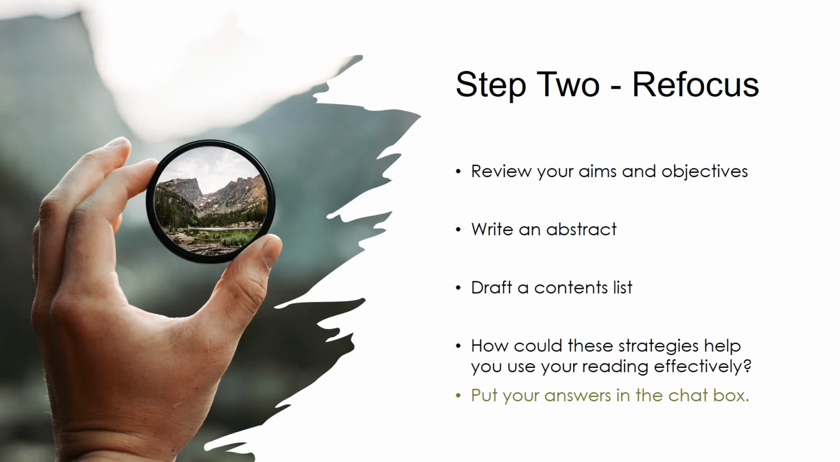So we might want to just review our aims and objectives. What did we set out to do? We might want to rewrite those. We might want to perhaps just sit and chat to ourselves about what our dissertation is about, just to refocus, to start finding clarity. Some other suggestions which can help us start to really focus on using our reading effectively in our writing